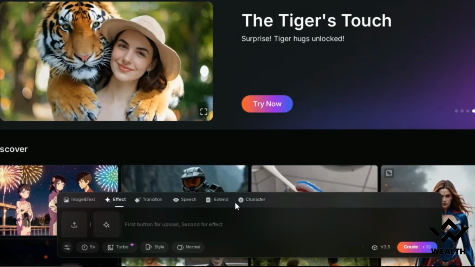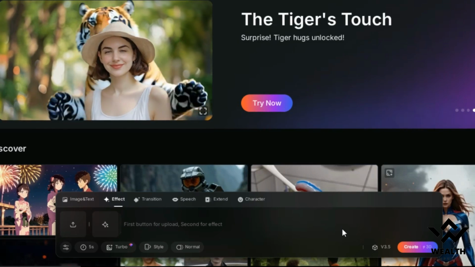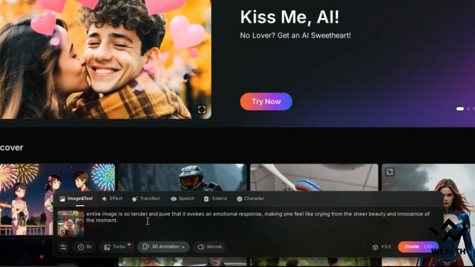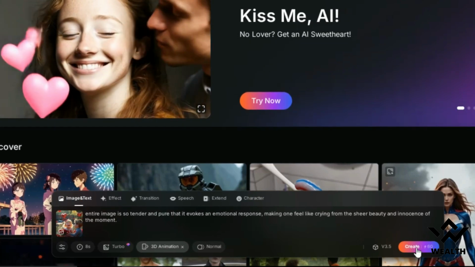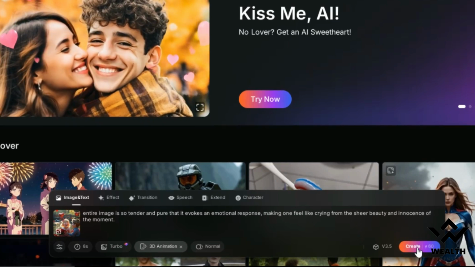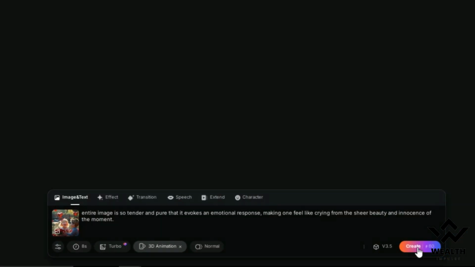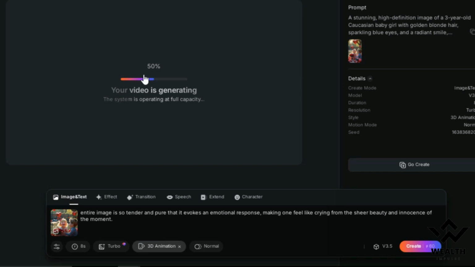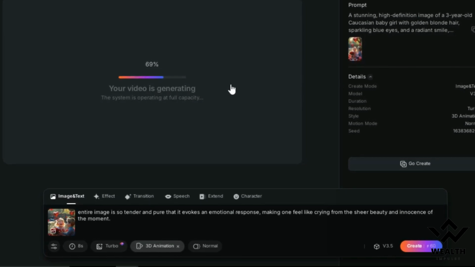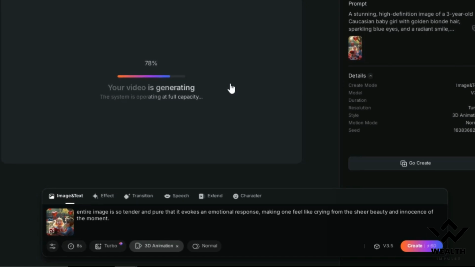Important packs. So for me, I think I am done. I have uploaded the image, I have uploaded the prompt, and from there I'm just going to click on create. It takes less than a minute to create. As you can see, it's creating it right now. It's at 40%, 50%. This is very fast. I really enjoy this because it's quite fast and it does not queue my